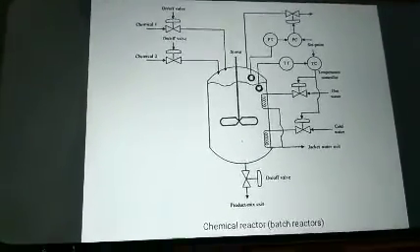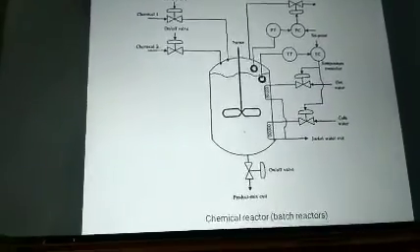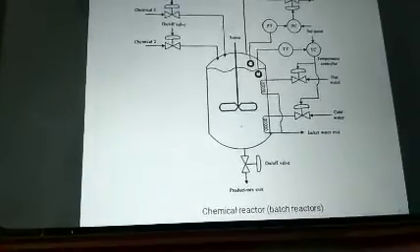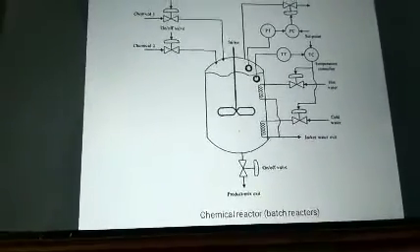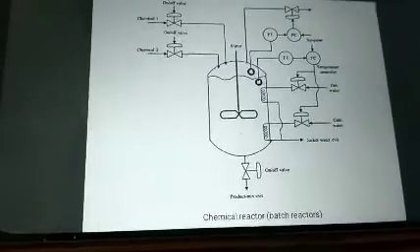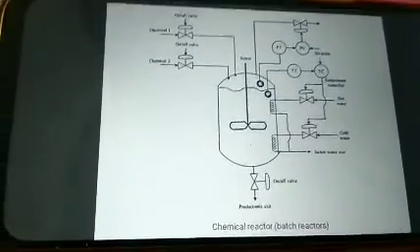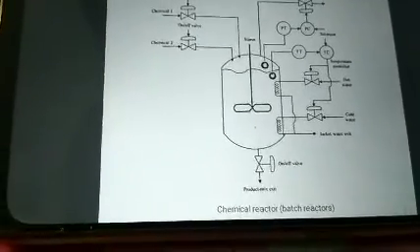A chemical is produced by the reaction of two other chemicals at a specified temperature. The two chemicals are mixed together in the reactor, which is basically a sealed vessel, and hot and cold water is fed through the water jacket which surrounds the vessel. Now that controls the temperature of the reaction as per requirement.